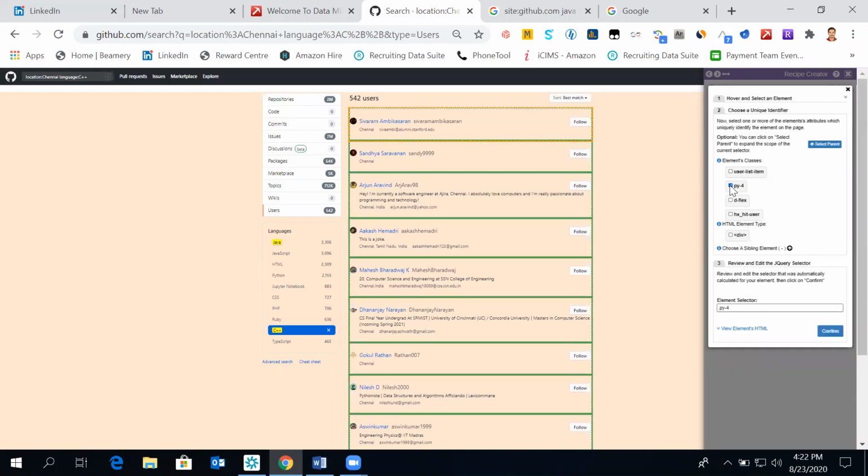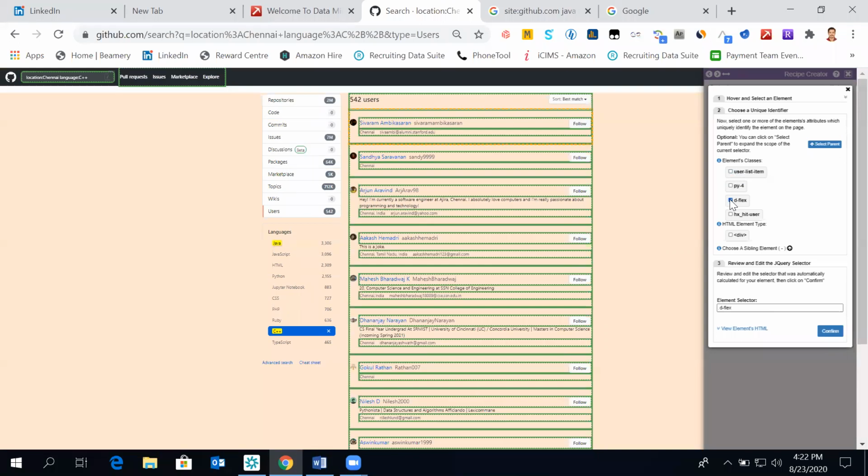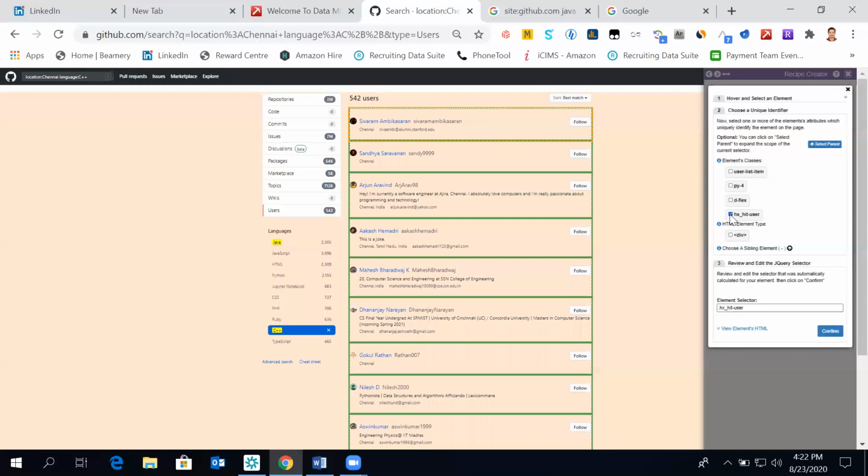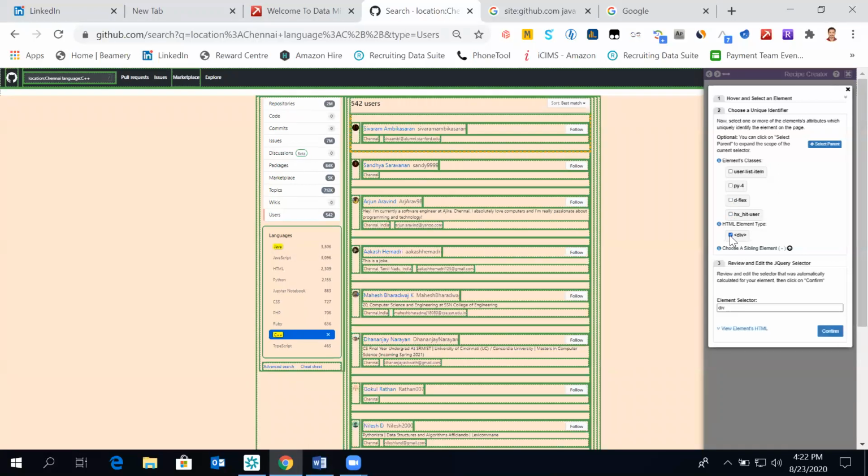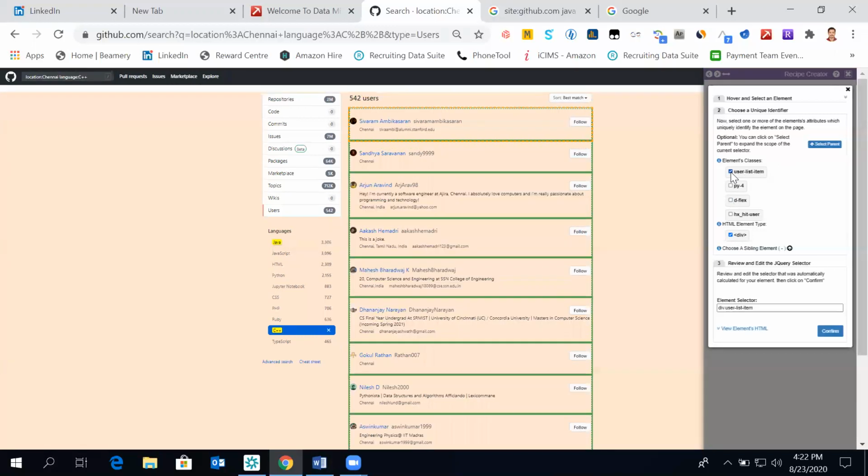User list. If I click this, okay, here also this could be workable. Again, now if you see some additional things like Chennai or location or name or their username got selected, it might or might not work because we wanted to create a script for that. So I'll not go with this. Or hovercards hit users, this is also fine. But this is collecting a lot of elements from the entire page, so I don't want this for sure. So better I'll just go for the most appropriate, user list items.